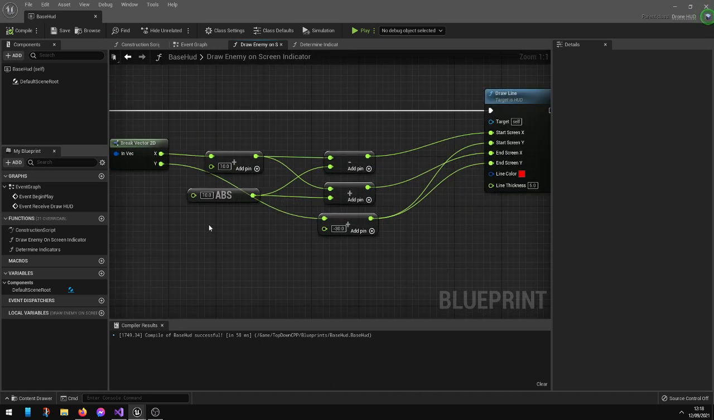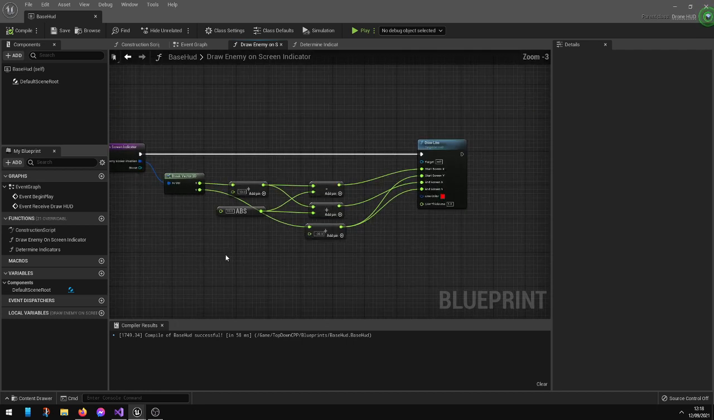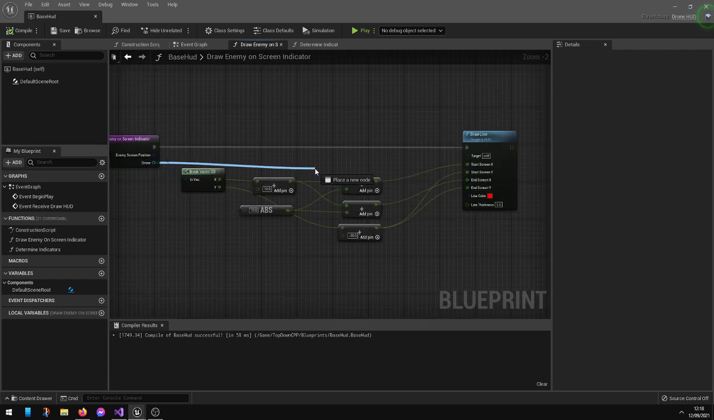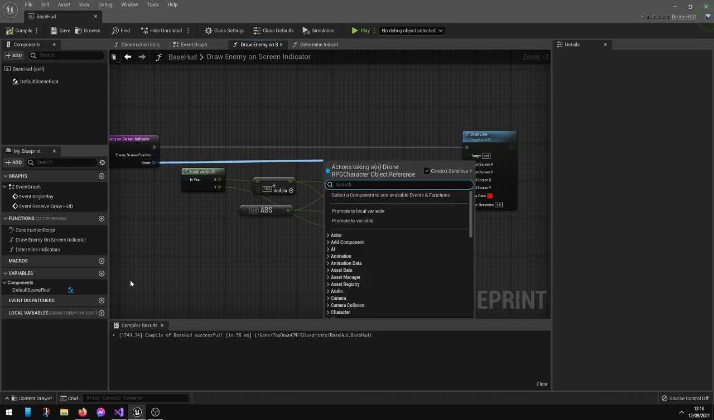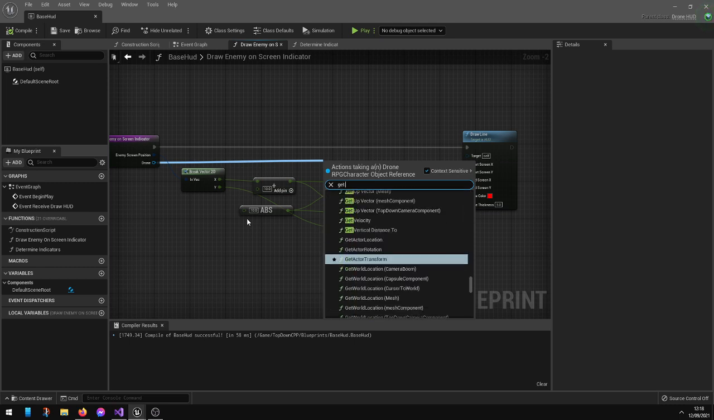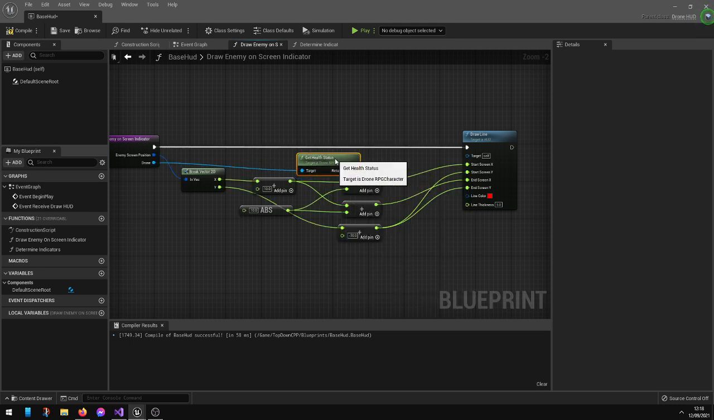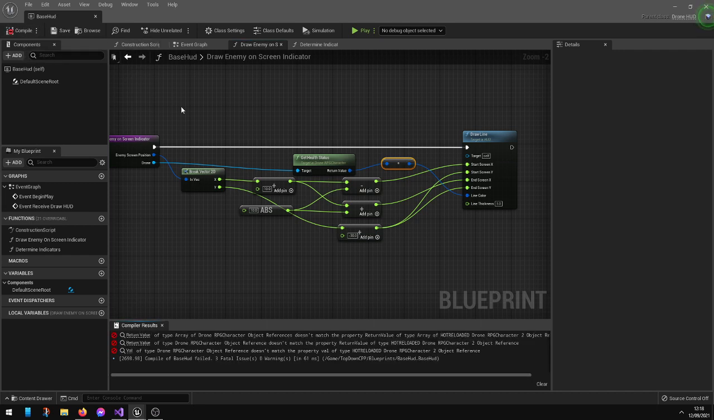And what I want to do is make the line color actually representative of their current health, just as proof of concept, really. So we've got access to the drone, and I've gone in the code and made it so we can get their health status, which is, believe it or not, a color. And if I hit compile,